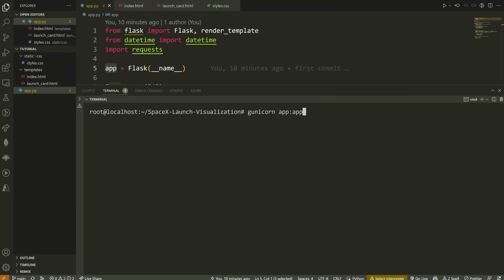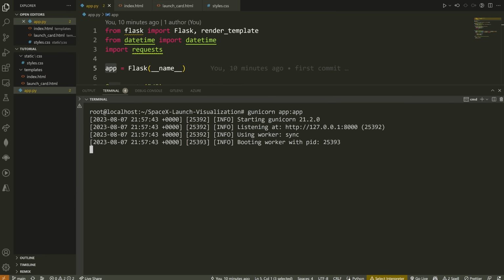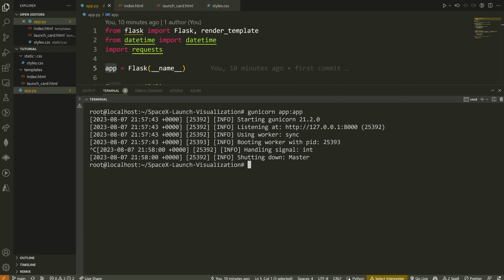So now that we have that, we're going to go ahead and hit enter. What this is going to do is spin up this Flask server for us. As long as this is all working and everything got booted up like it has right here, we're good to go and we can move on to the next steps. We just wanted to test out that this was indeed working. Okay. So what we're going to do here is just exit out of this by hitting Control-C on your keyboard. Control-C should just quit that for you.